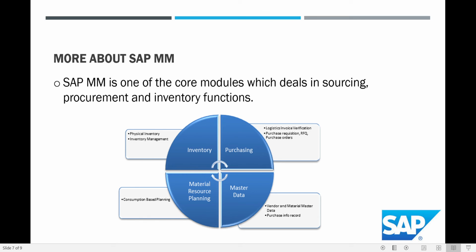It is an intelligent process of knowing, on the basis of consumption, to order automatically purchase requisitions so that our supply chain process works smoothly. So this is all in brief about the SAP Materials Management module.